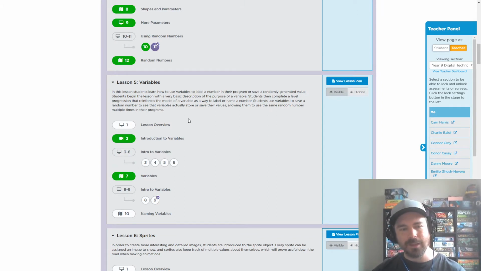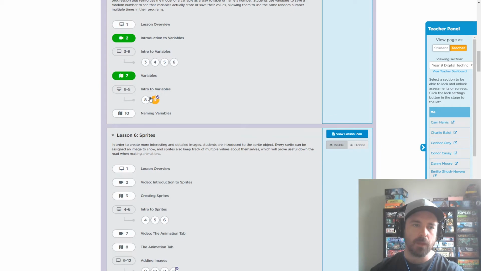Now remember, it doesn't check whether you've got the answer right or not. Okay, you have to kind of check that yourself by, have you got the correct output? Does it look like the thing that you're trying to create? Have you followed the instructions? So there's instructions on each of them. If I open this one up, for example,